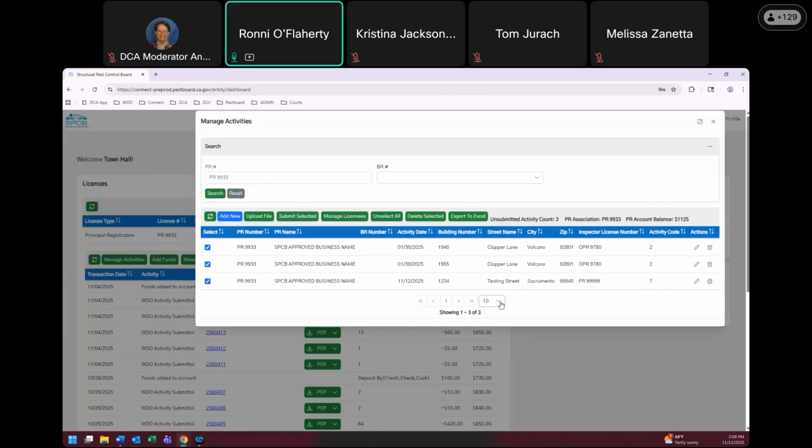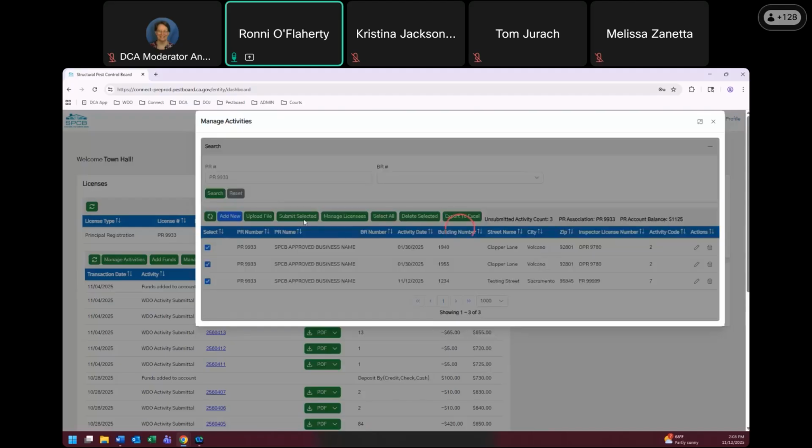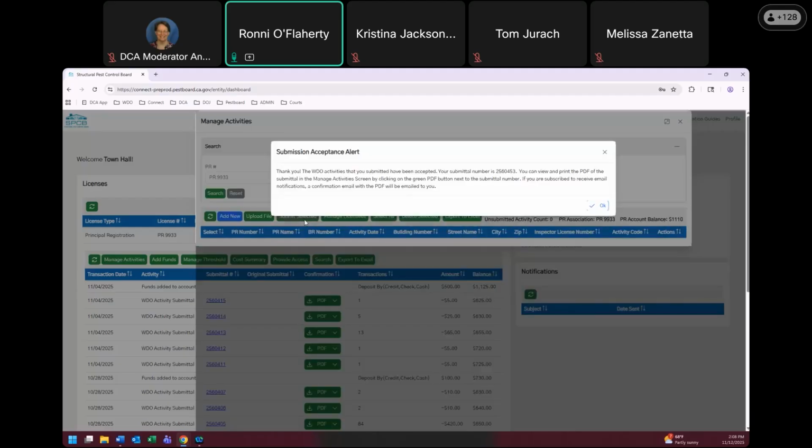So if you have more than 10 activities that need to be submitted, you can expand this to view more activities, up to 1,000, and submit up to 1,000 activities at a time. Once you've selected the records that you would like to file, you click Submit Selected. A submission acceptance alert should pop up on your screen that provides you with the submittal number for the activities that you submitted. Once you click OK